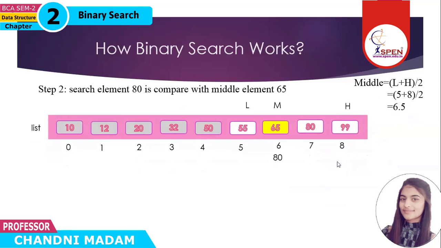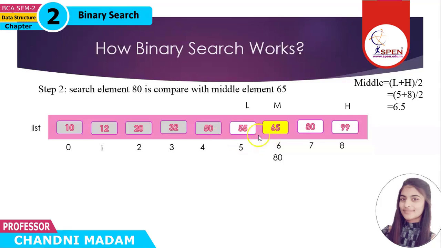Now a second time we will calculate the middle value because our lower point has changed. So now the lower index is 5 and the higher index is 8. So 5 plus 8 divided by 2 is 6.5. So we will floor the value. So the answer is 6. So 6 is your middle value. Here index 6 is 65. Now we will compare 65 with 80. So both are not matched and 80 is larger than 65. So now we will